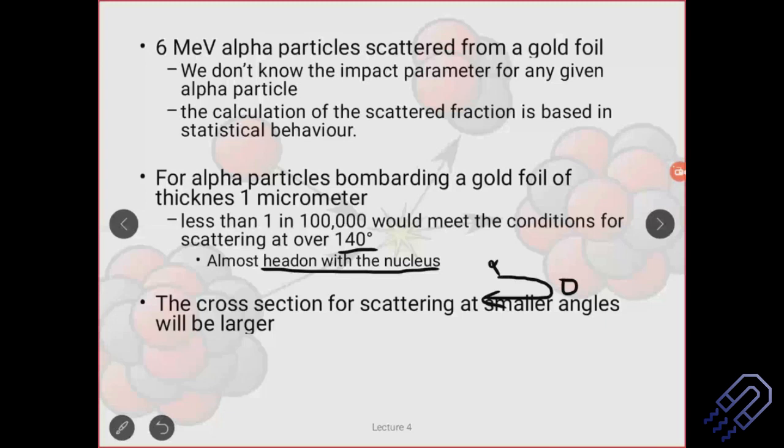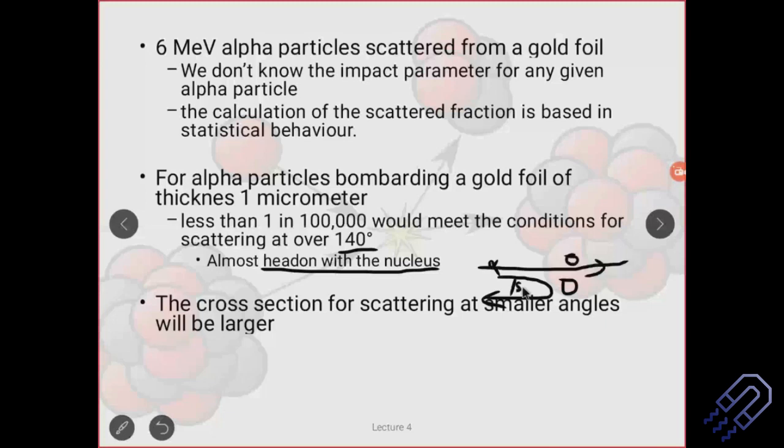What does it mean? Okay, let's just try to understand this. If you have, let's say, an alpha particle coming and it is not hitting the target and it is going straight, then the angle is nothing but 0. And if it is coming straight back, obviously in this particular case, this is 180 degree. So that means this is the largest angle possible.